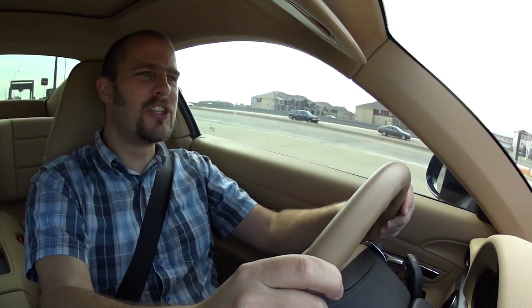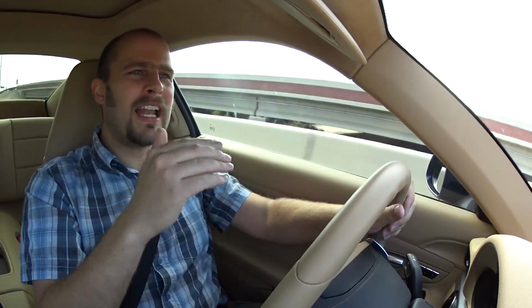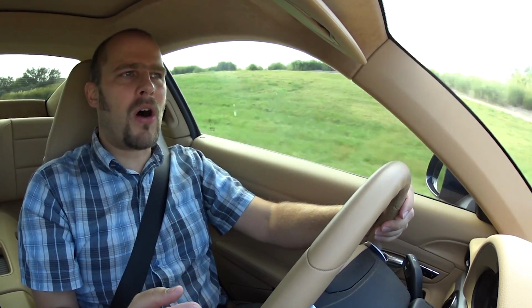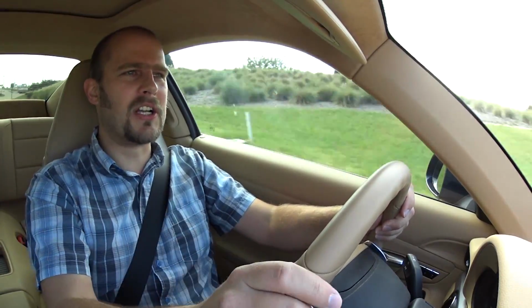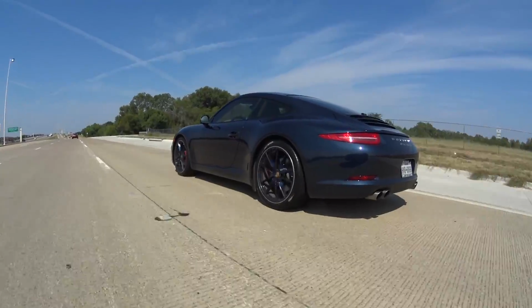Love that kickdown. It just puts you in your seat. Another thing that I love about this transmission is also that it keeps the revs high after a stint like that, because it's thinking, hey, he's sporting, so I gotta stay on the ball. And then after a little while, it calms back down. Great stuff. But this particular one does not have the Sport Chrono package, so it doesn't have launch control,